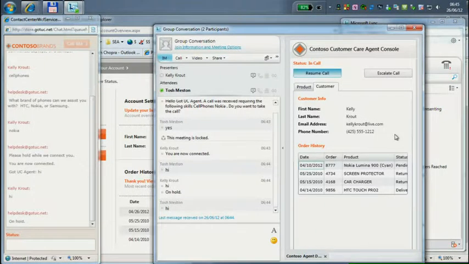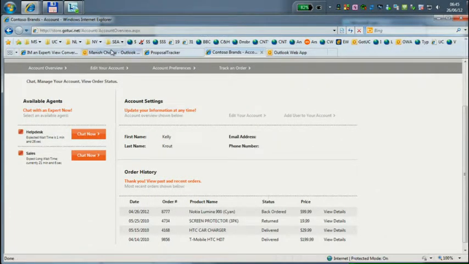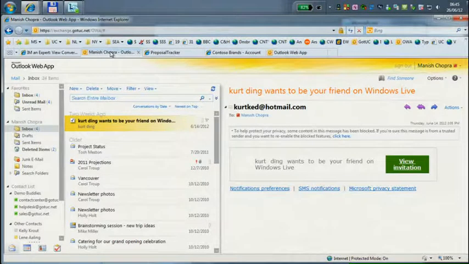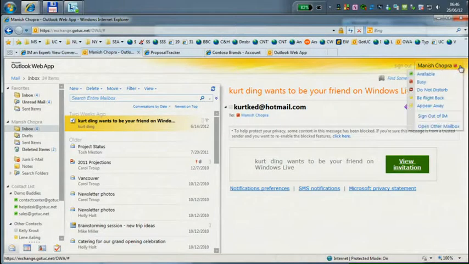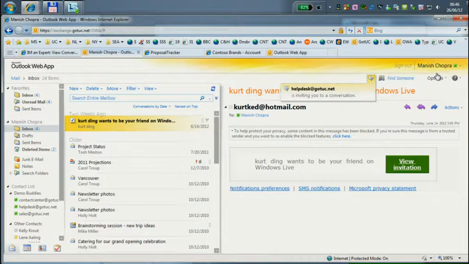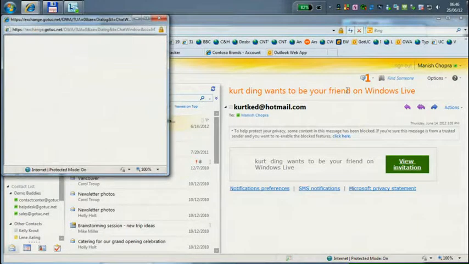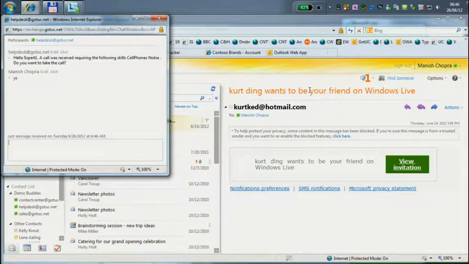Just like with I'm an expert, the expert finder, I'm going to find an expert that knows something more about the Nokia cell phones that I have. It happens that this expert is called Manish Chopra. Given the fact that you cannot run two Lync clients on the same machine, but I can run OWA, Outlook Web App, and Lync side by side, I'm actually logged in as Manish Chopra on this machine as an OWA user. Here in OWA, I can set myself to available, and what happens then is the help desk asks me, just like in I'm an expert, whether I'm willing to take this call.